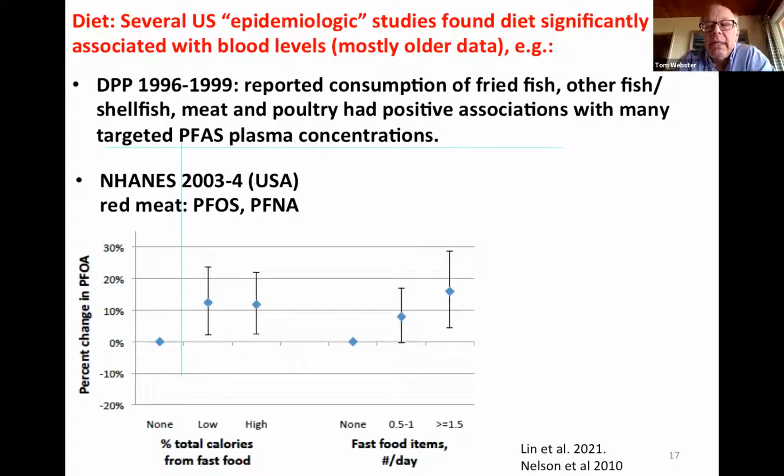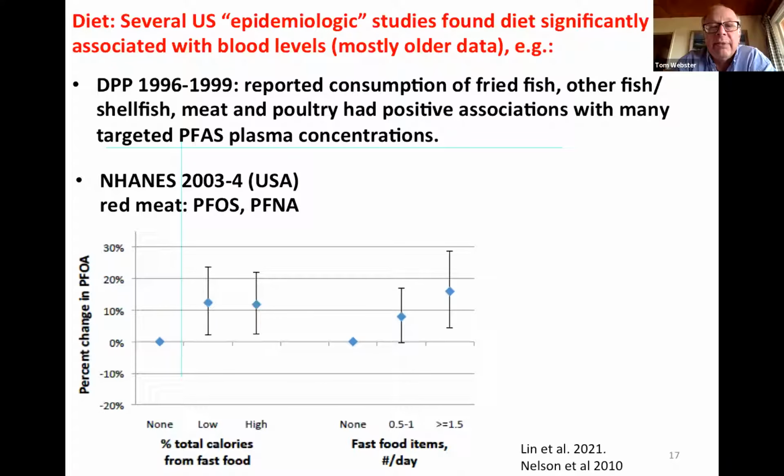The next one I'd like to talk about a little bit more is diet. Someone said earlier today that diet's one of the major routes of exposure. This is certainly what a lot of people say, and we can talk a little bit about the evidence basis for that. There are several US epidemiologic studies of the kind I mentioned that found that diet was significantly associated